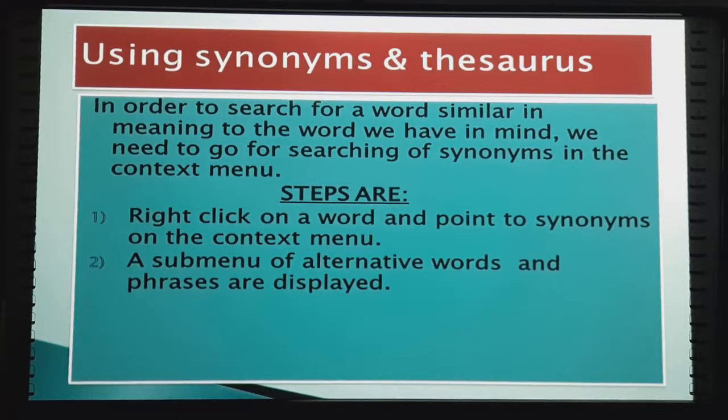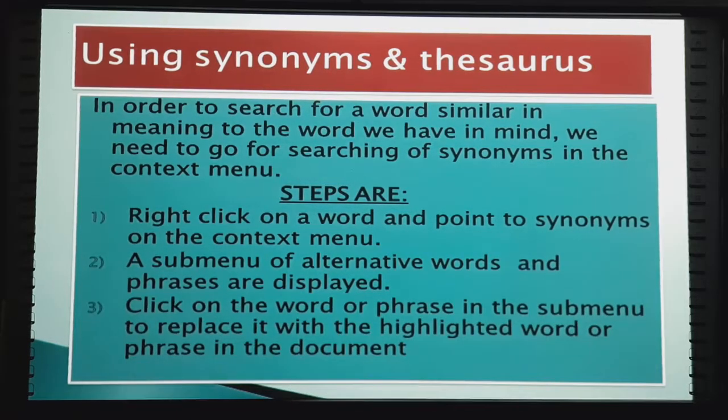Once we click on that particular word or phrase from the submenu, the highlighted word or phrase in the document will be replaced with the word of the submenu. So these are the set of steps by means of which we can use synonyms.